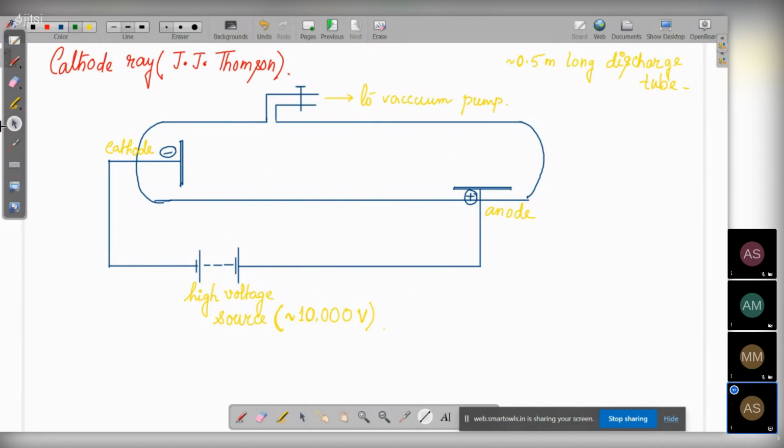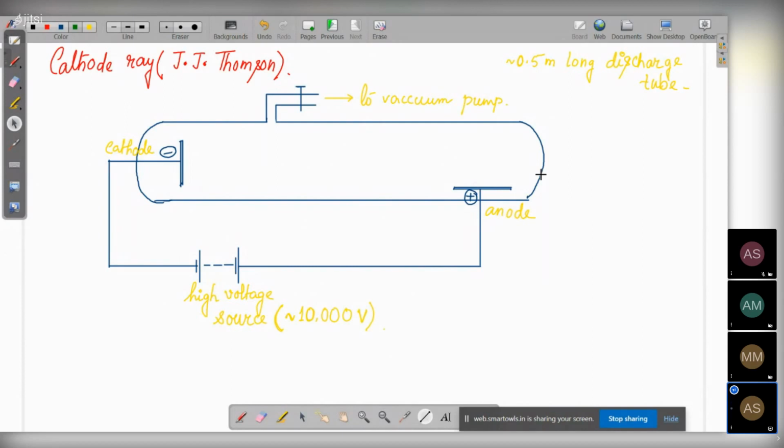Thomson did this experimental setup, and he found that when the pressure was kept at normal atmospheric pressure, nothing happened. There was no flow of electricity. Why was there no flow of electricity? Because the circuit is not joined. The cathode ends here and the anode ends here. In between, nothing is there to complete the circuit. So that's why at normal atmospheric pressure he observed no flow of electricity.